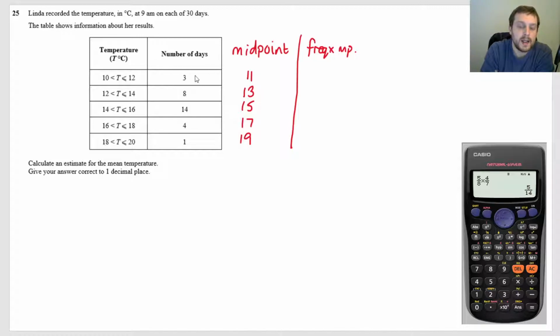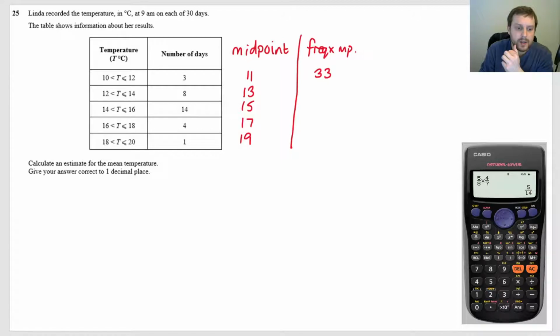So what's the idea here? You've got this huge number of different numbers, 30 numbers, and you want the mean of them, okay? So you'd have to add them all up and then divide by 30. 3 of them are 11. So you've got 11 add 11 add 11. So you've got 3 times 11, which is 33. 8 of them are 13. So that's